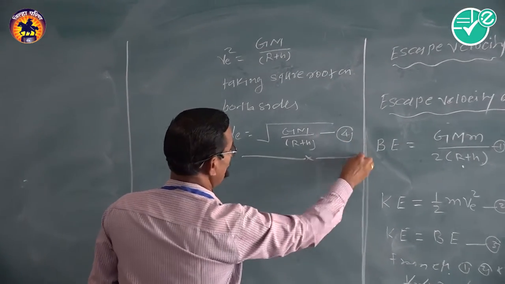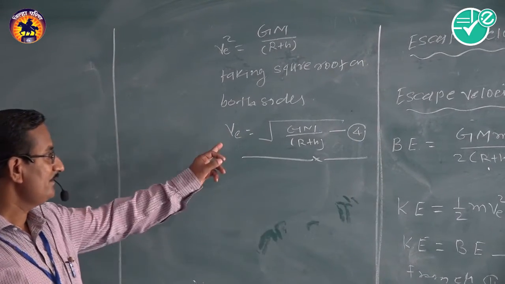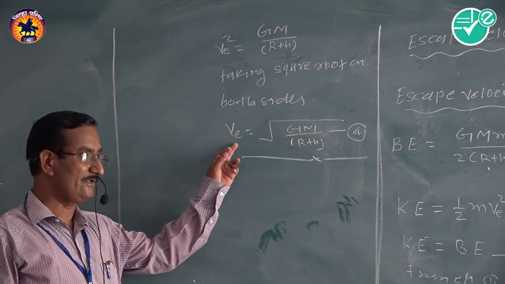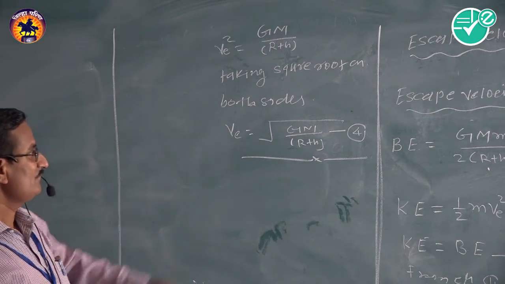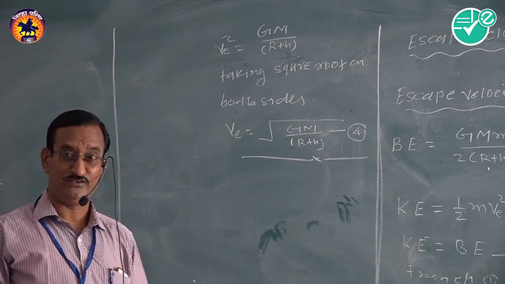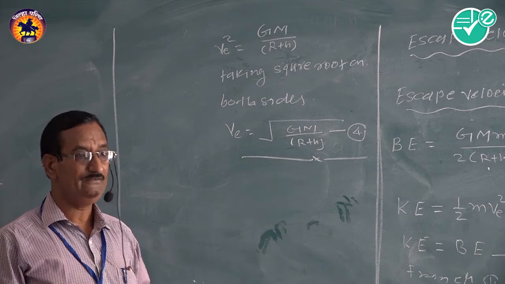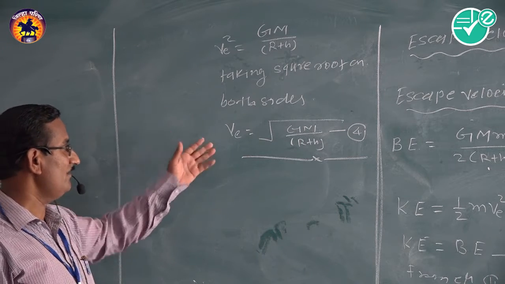That equation 4 is the escape velocity of the satellite at height h. Then again we have to see the effect of the acceleration due to gravity g_h on the